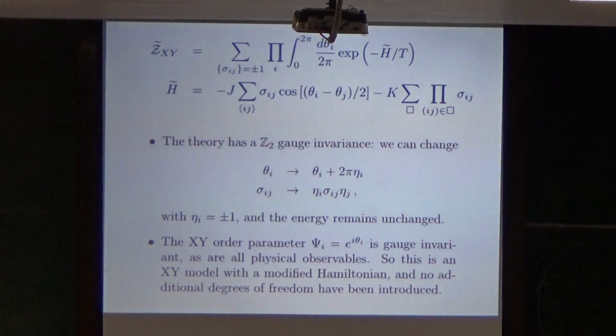Second point, this is what's called a Z2 gauge theory, because this theory has a gauge invariance. So I can shift theta by 2 pi eta i, and eta i is any arbitrary, either plus 1 or minus 1. And it doesn't have to be the same on every site. It can be different on different sites. So there's a binary variable on every site, plus or minus 1. And I can use it to generate a gauge transformation in which sigma ij will transform like this. And you can see that this is basically